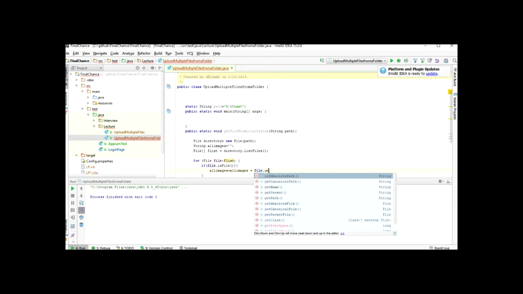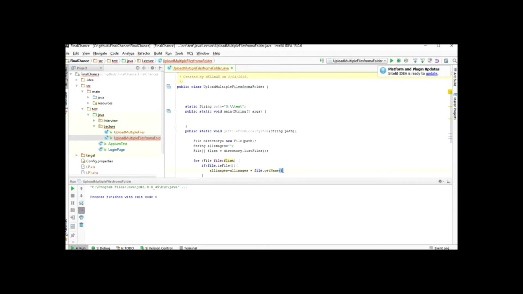Get the file name, get the name, get the file name, and separated by